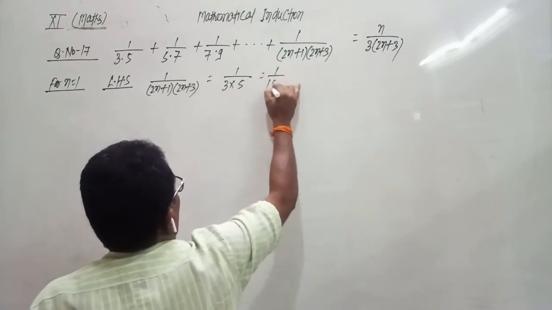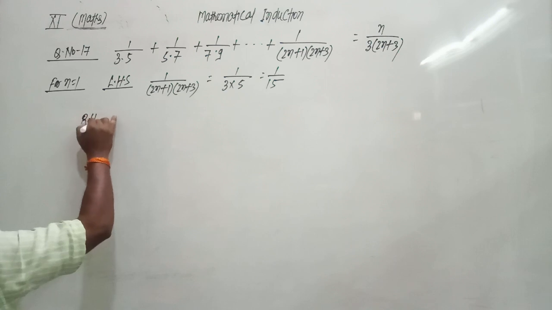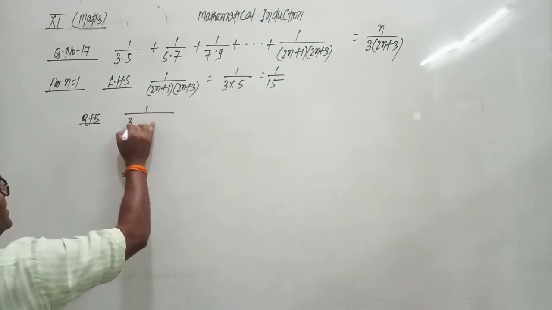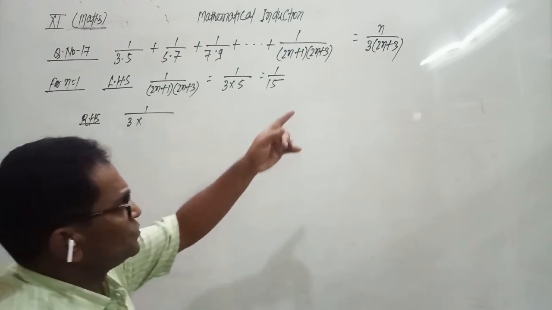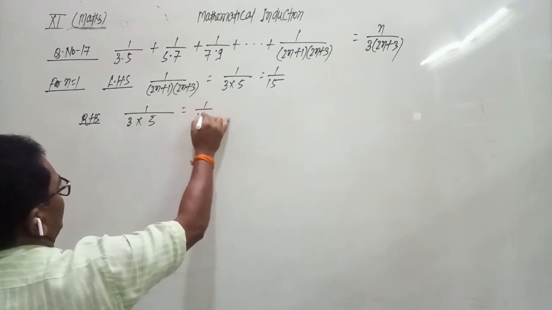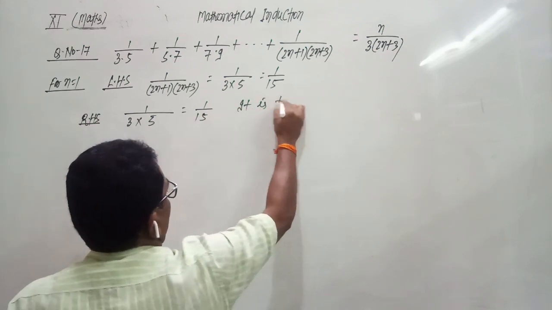That is 1 by 15. In the RHS, we put n equals to 1. So 1 upon 3 into 2 plus 3, 5. And 3 into 5, 15. So it is true for